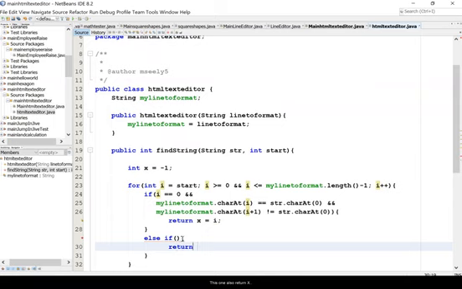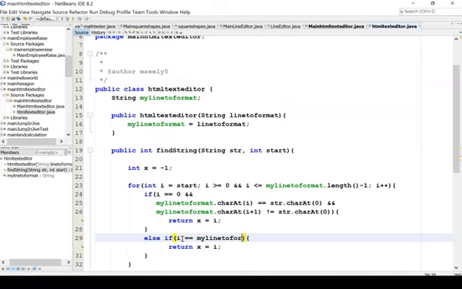This would also return x equals i. We've got to say i is equal to myLineToFormat.length - 1, so that gives us the last position, and